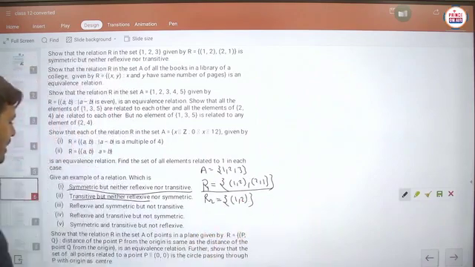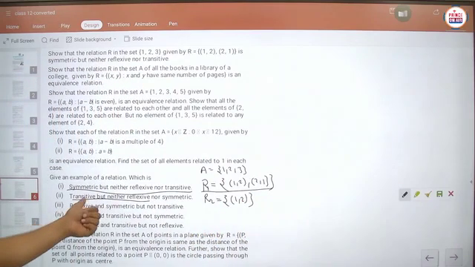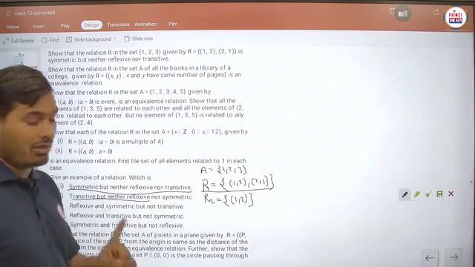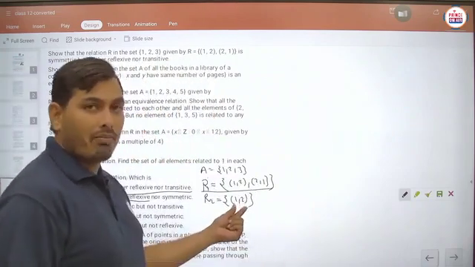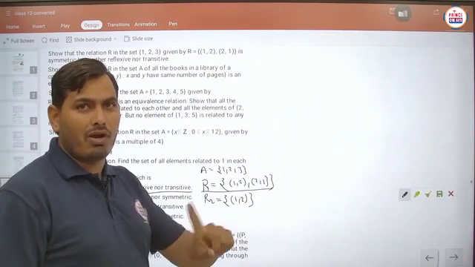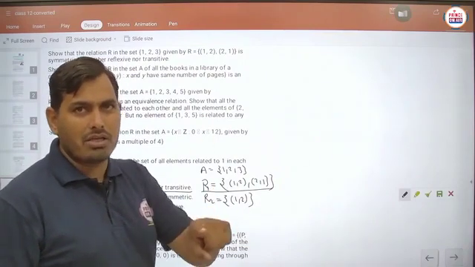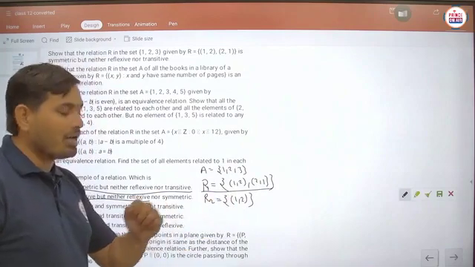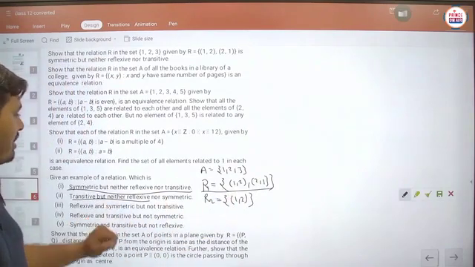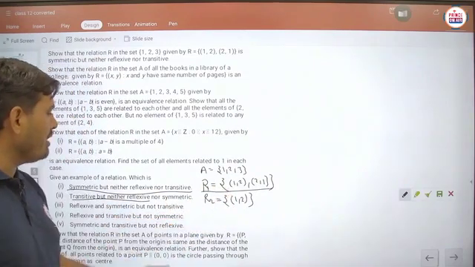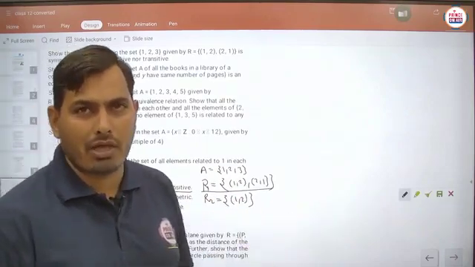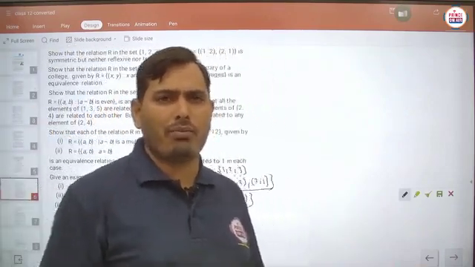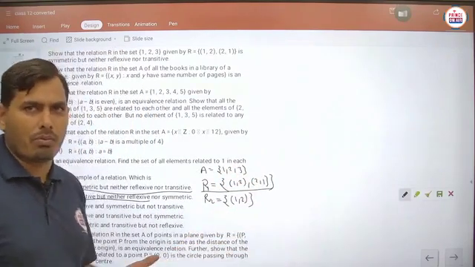Is it clear? This is said to be transitive because in the case of transitive, a special case we have to discuss. If AB is there but BC is not there, then we will not check for AC, and the relation is said to be transitive. But it is neither reflexive, because 1 comma 1 is not there, nor symmetric, because 1 comma 2 is there but 2 comma 1 is not there. So easily, student, you can provide many more examples, no problem.